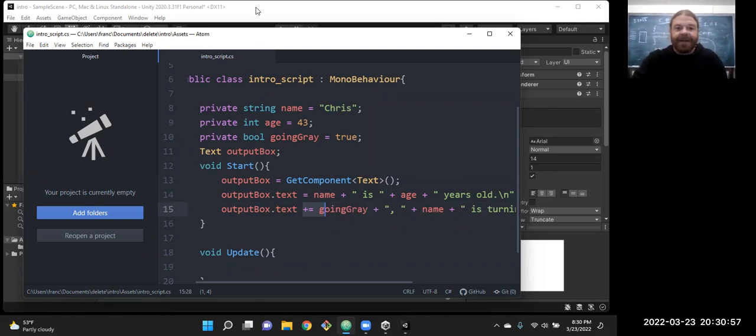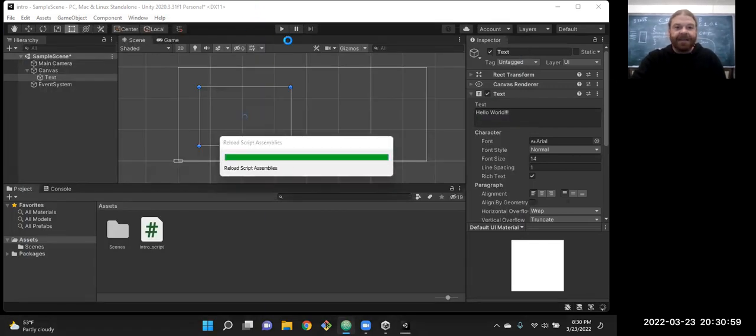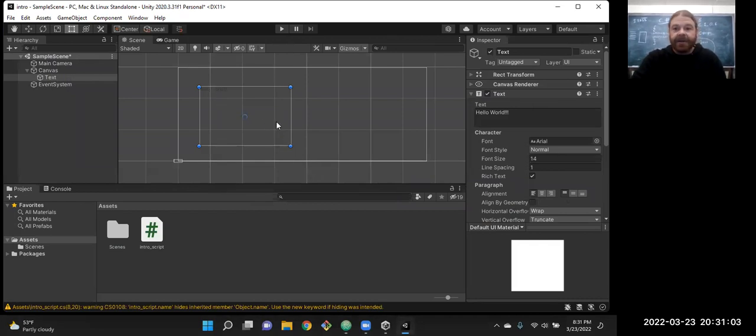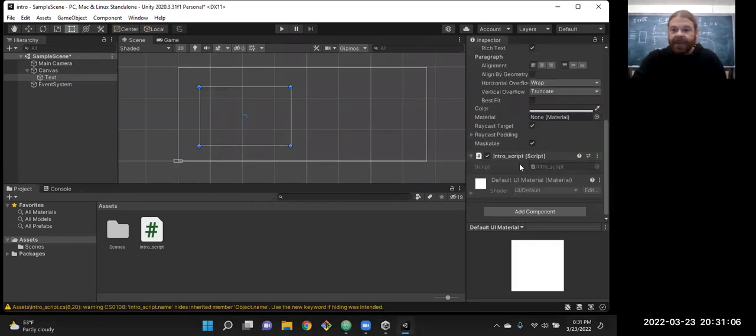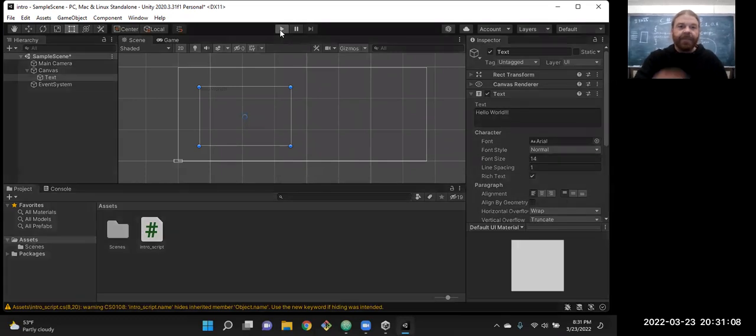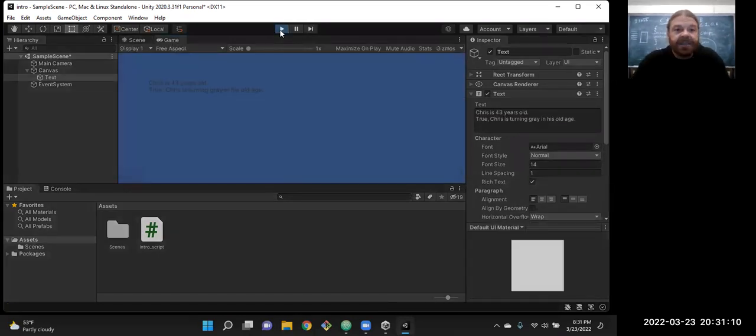So now it's not overriding the other variable. Instead of overriding the variable, it should be adding to it. But the size does matter. There's an option to make it dynamic. But I think by default, the text box is going to be the size you put it there. There we go. Got a couple sentences that time. It'll just take a little bit of adjustment, but I thought that would be a good start on how to work with Unity. Make a little program to have the program introduce yourself.